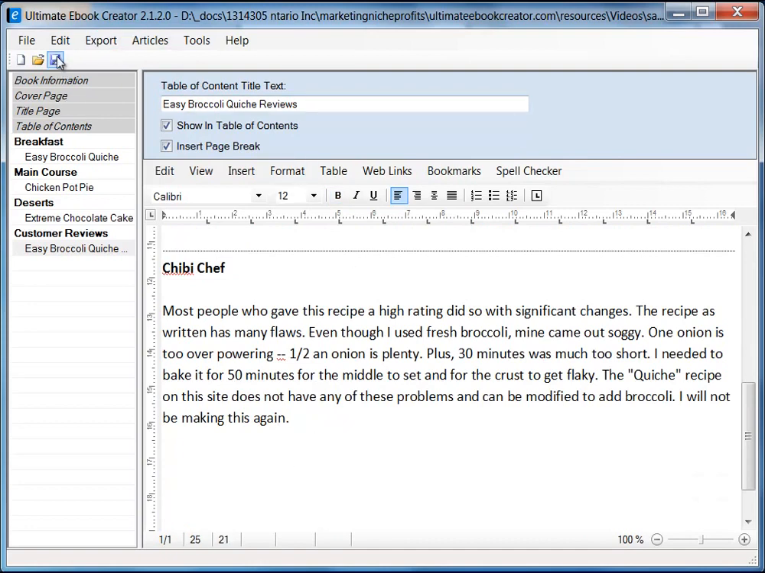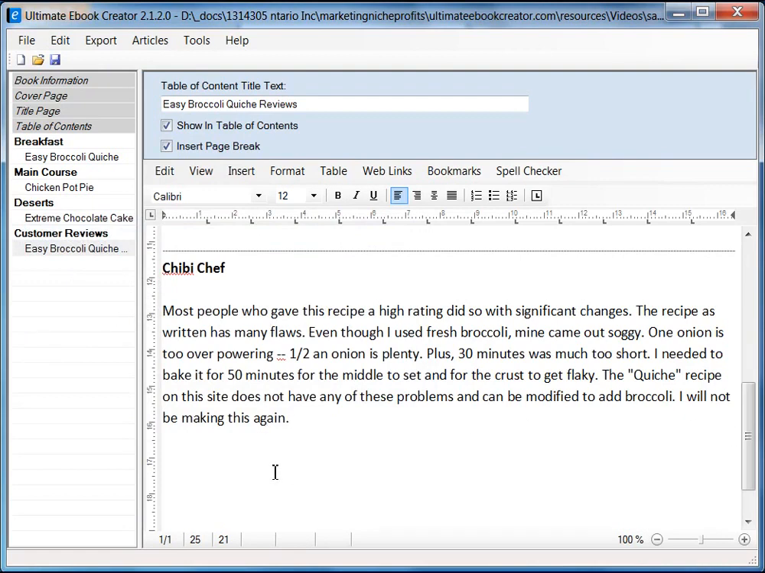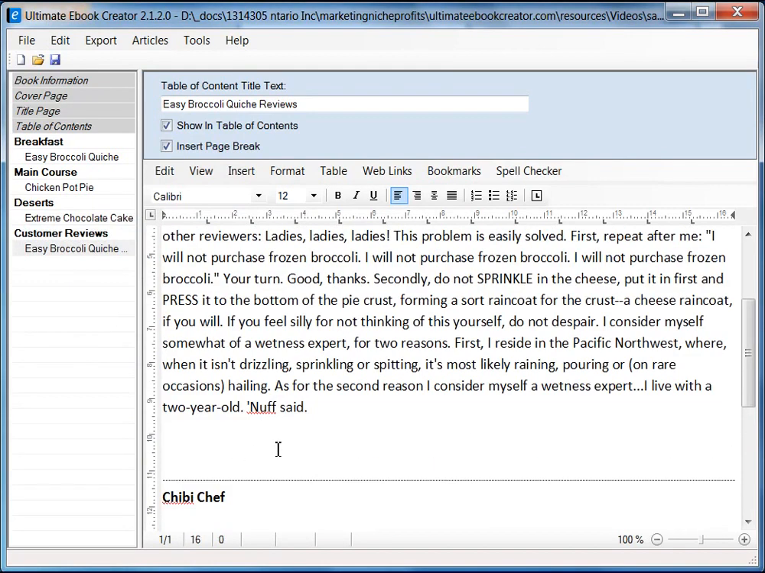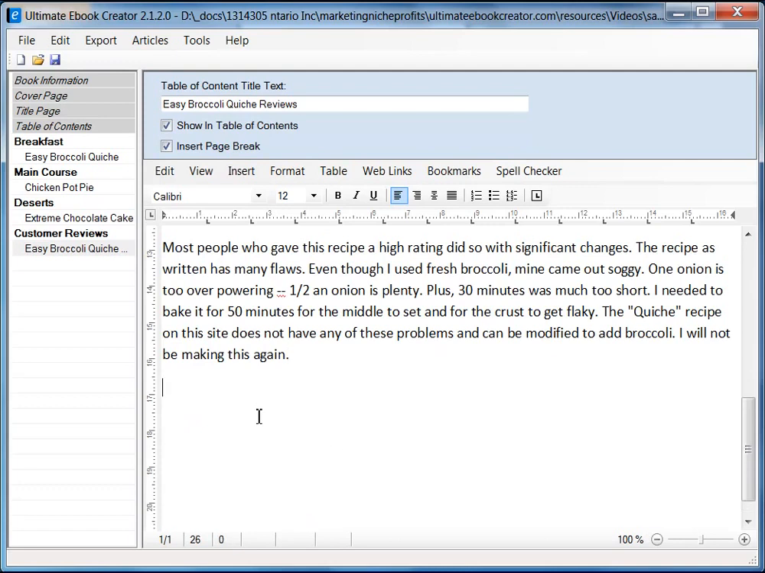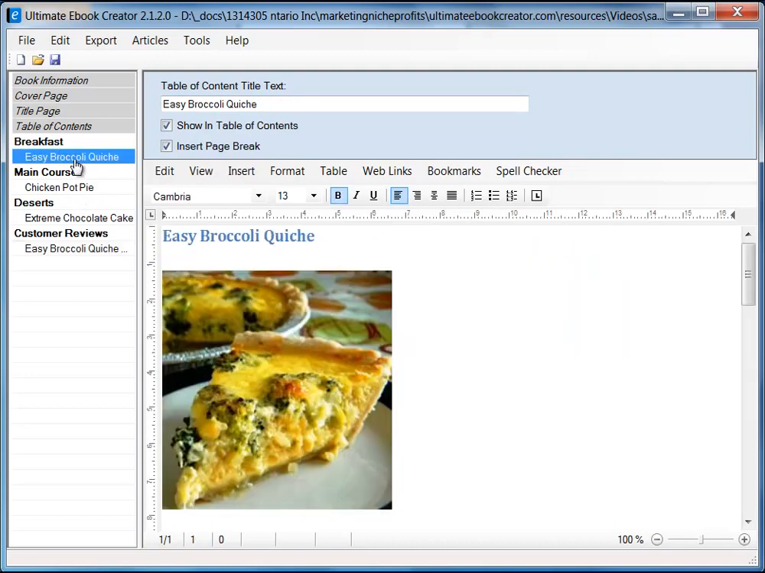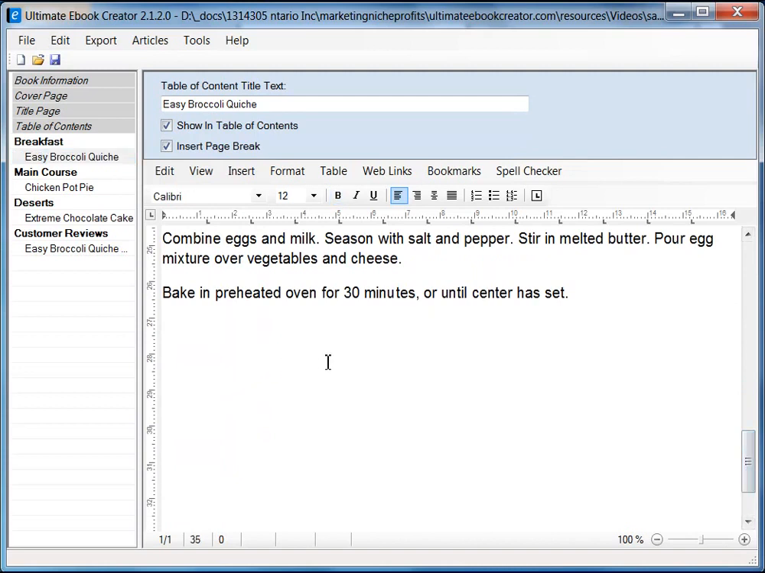Alright, let's click save, and now what we want to do is we want to actually put in return. So we're going to return back to the recipe. So here we're going to say return. Return. Alright, so what we're going to do is we'll go back to easy broccoli recipe, and we'll scroll down, and what we'll do is here we'll put